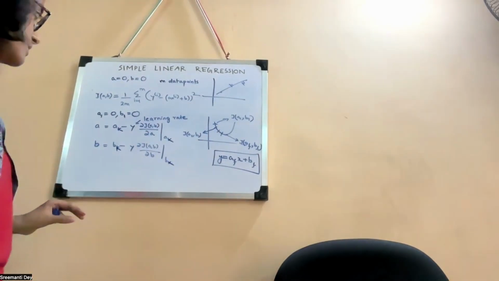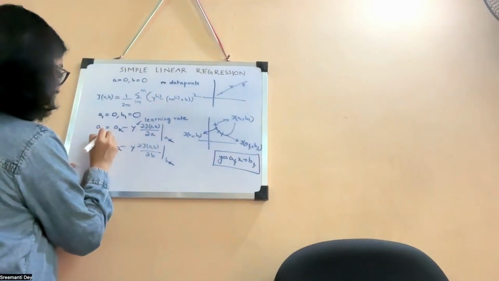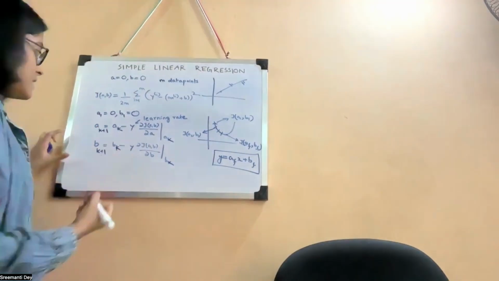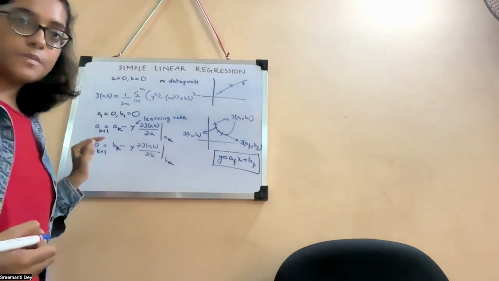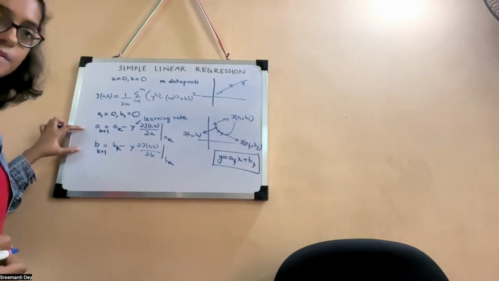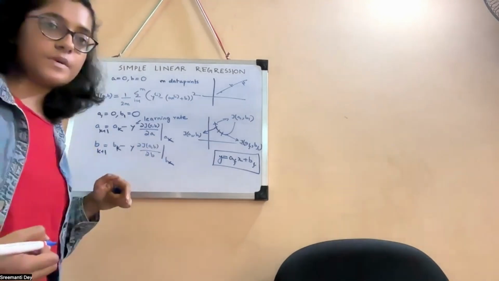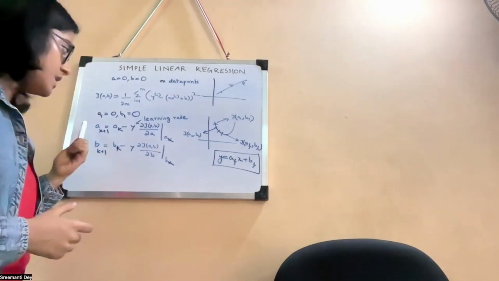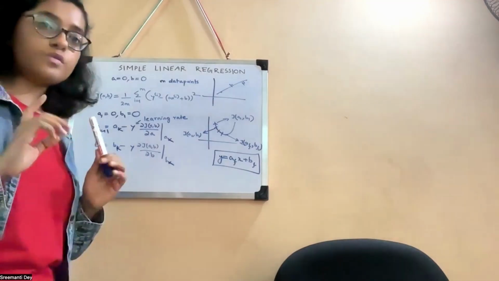Just generalizing, this would be A(K+1), B(K+1). So now we have A(K+1), B(K+1) in terms of this, and we are able to get the new variables. As soon as we have the new variables, the next step is to basically do this thing until, and now this is very important,